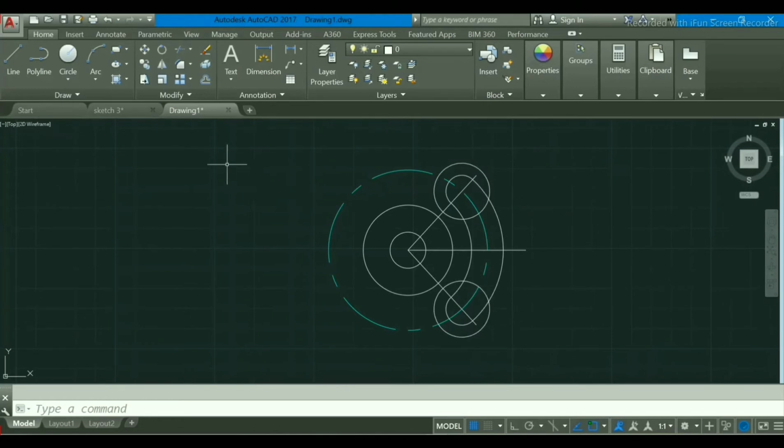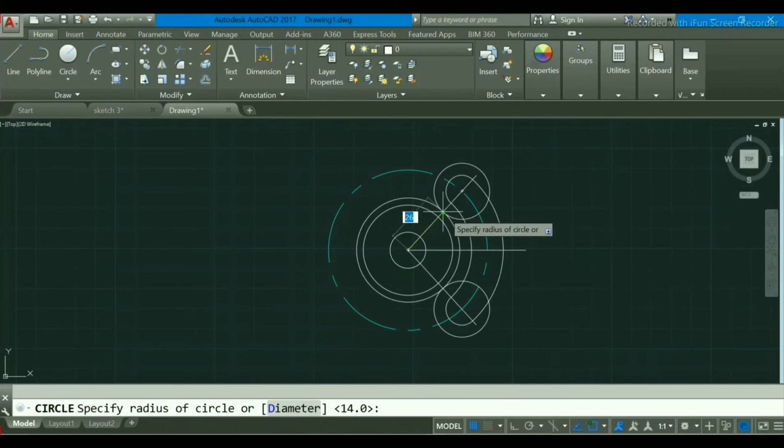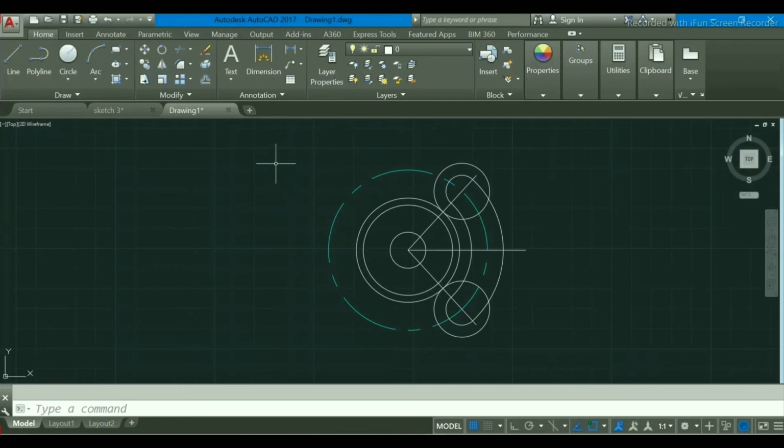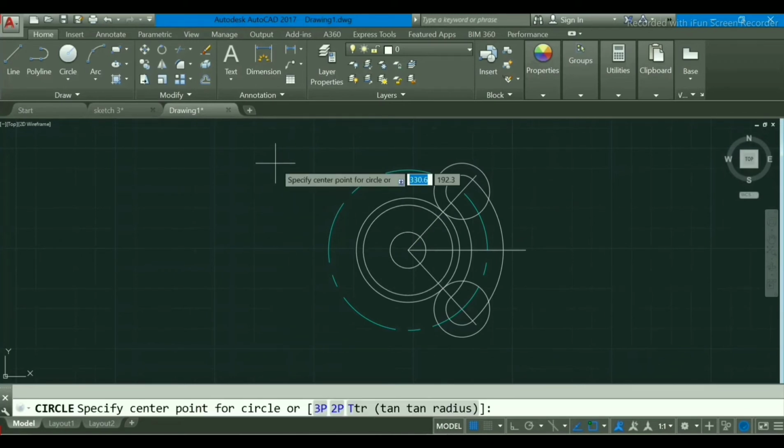Now we will create another slot here, the outer slot. So go to circle, intersect this, again press the spacebar, circle.